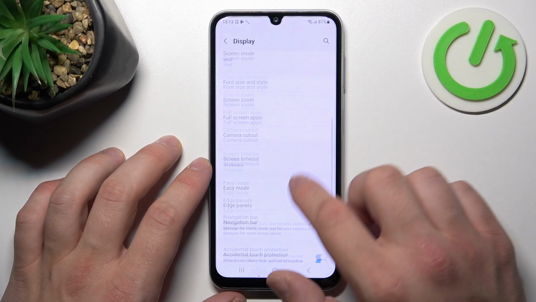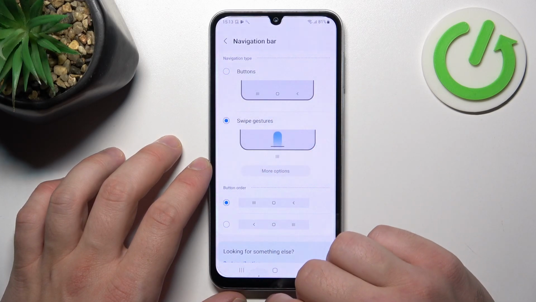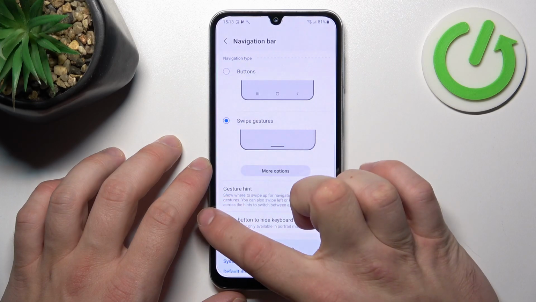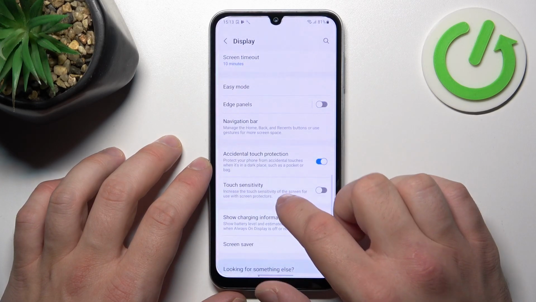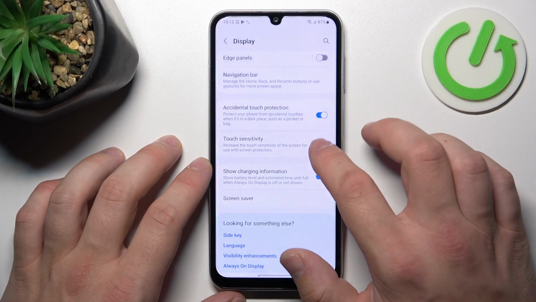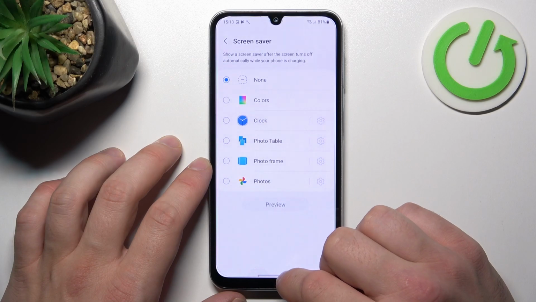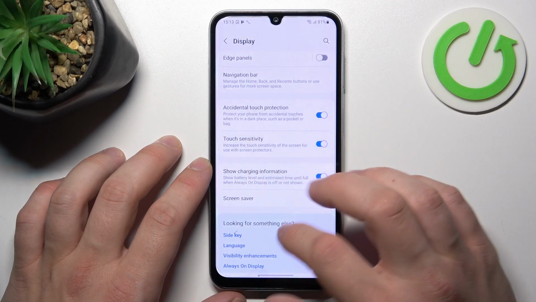smart sidebar, change navigation bar between buttons and swipe gestures, enable or disable accidental touch protection, touch sensitivity, show charging information and set screen saver. And that's basically it for